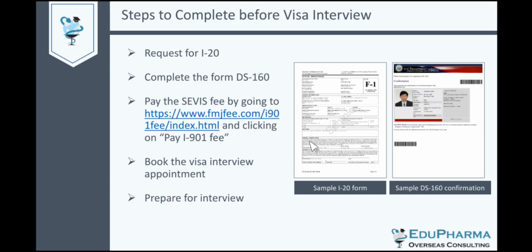Once you hear from the university about an admit to the particular program, you would need to put in a request to receive an I-20. This I-20 document is basically a proof which you will take to the visa officer to show on which basis you can get a visa. Once you have your I-20 in hand, you will also need to complete the DS-160 form. This is the visa application form for students, which you can find on their website.